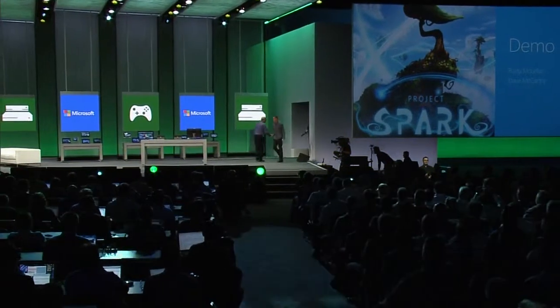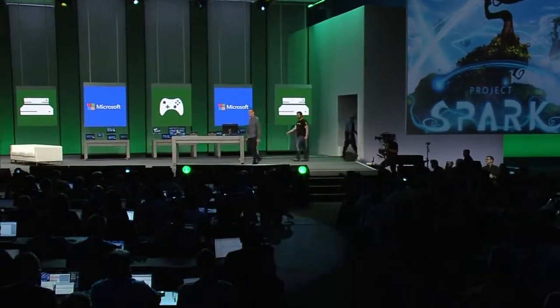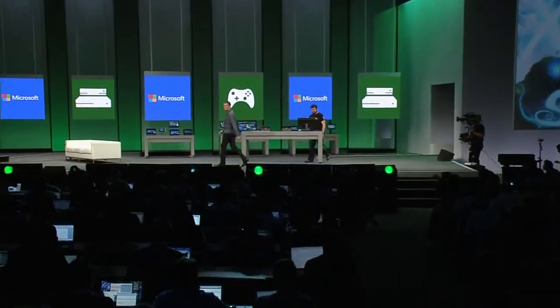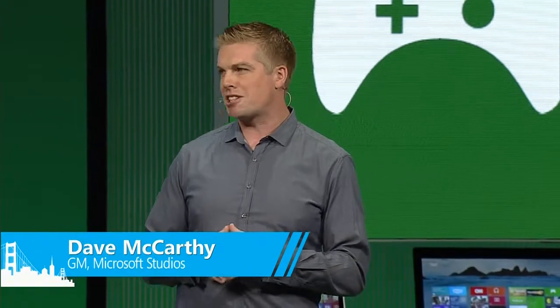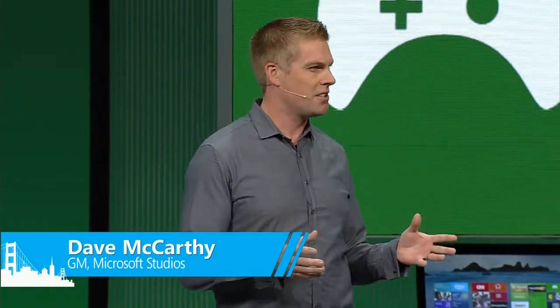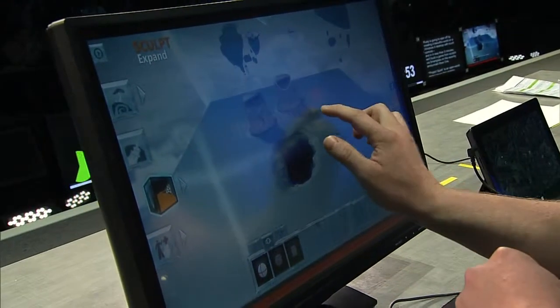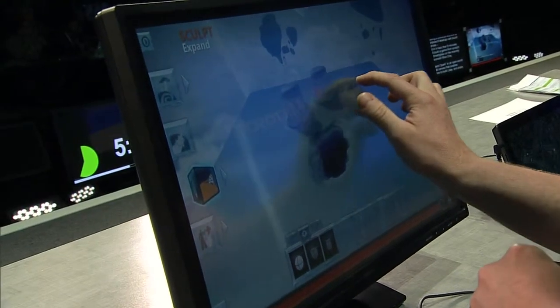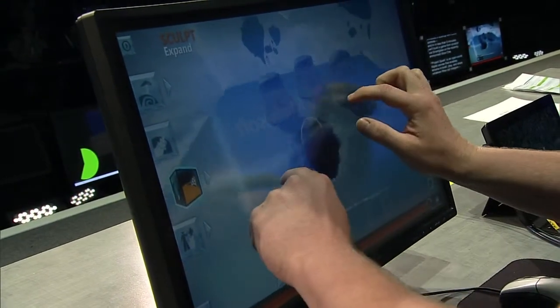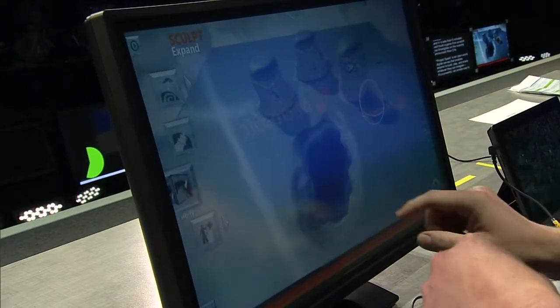Thanks, Steve. Hi, everyone. Rusty and I are excited to be here today to give you a small glimpse at what Project Spark can do across devices on a variety of inputs. Rusty's going to start off by creating a beautiful world on a Windows 8 desktop with touch controls. And in less than 5 minutes, we'll build a game from scratch via Smart Glass on the recently announced Xbox